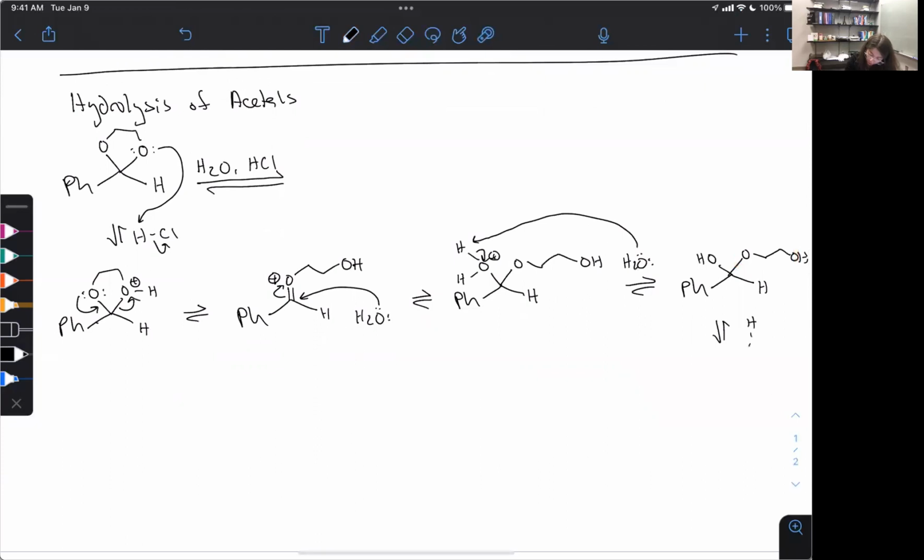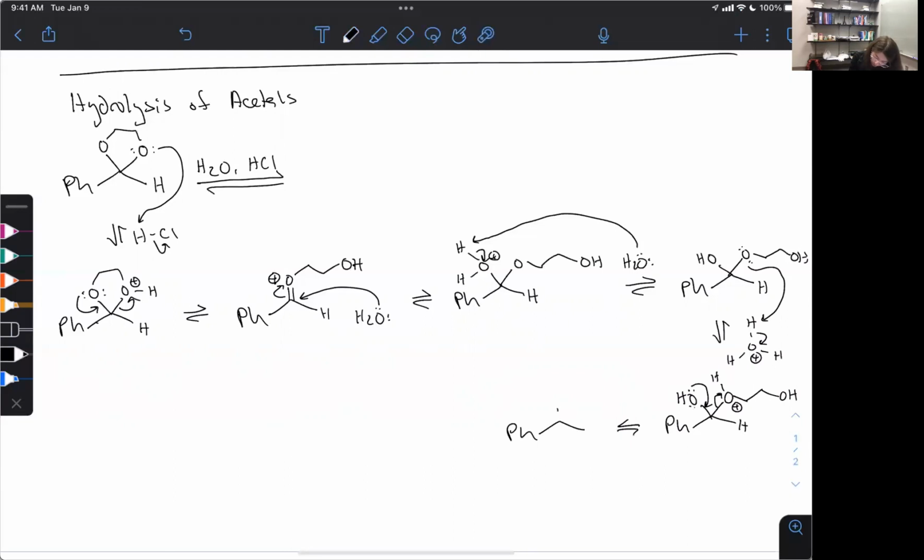I'm going to use H3O plus because I just made that in the previous step. Now I'm again at that tetrahedral intermediate stage where I'm ready to make another carbonyl, so I can reform my carbonyl, kick off my leaving group,